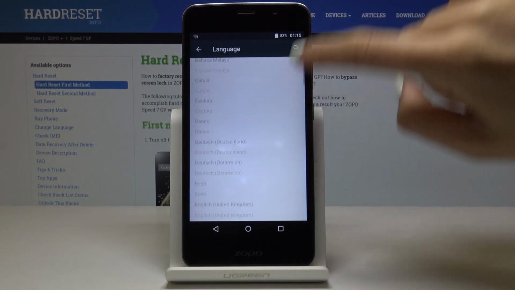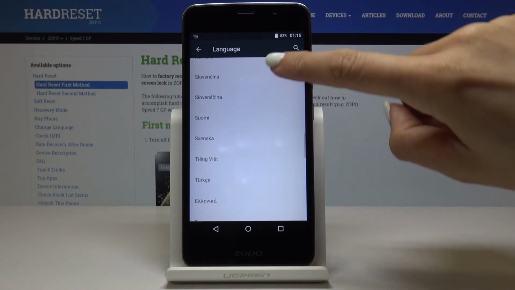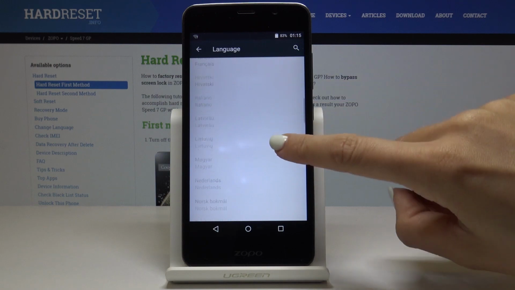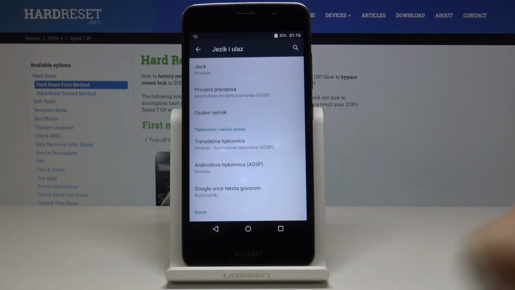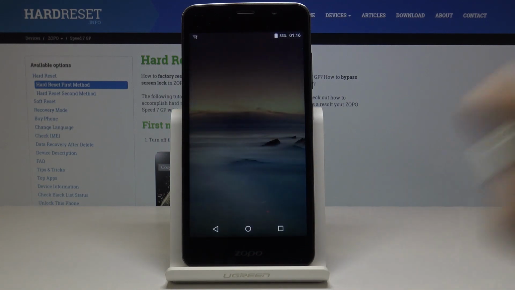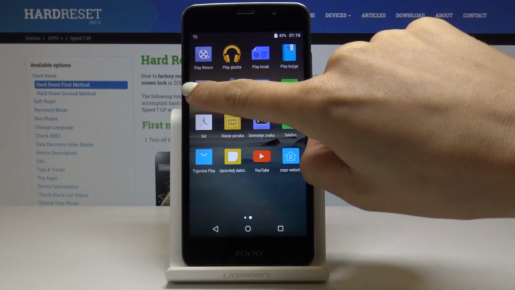Now, as you can see, you have the white list of languages here, so everyone will find something suitable. Let me pick, for example, Croatian, and as you can see, from now on, everything is in Croatian. So then, if you would like to go back to the default settings to English or some other language, just